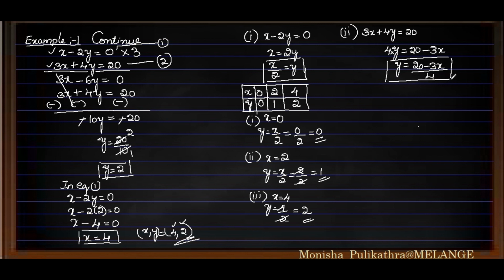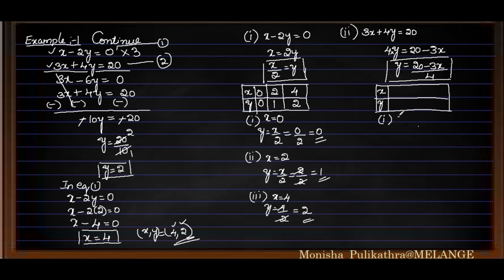Okay. So after this, again you need to draw a table and substitute values for it so that the final result is a whole number. In the first case, before substituting some values here, you can calculate in your mind itself. When I put 0 here, 3 into 0 is 0. So this term will cancel, right? The remaining will be 20 by 4. 4 fives are 20. We will get a whole number, right?